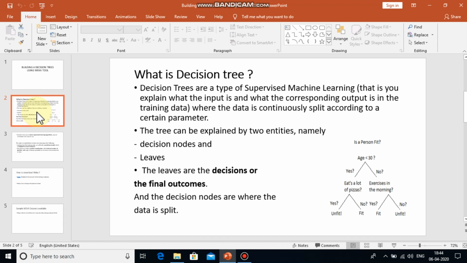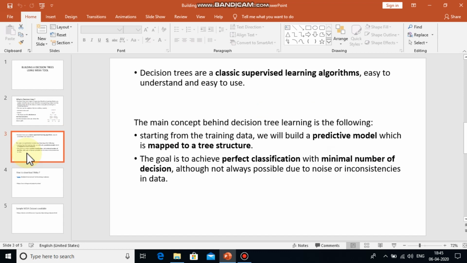On the right hand side, I have given an example of a simple decision tree to check whether a person is fit based on his age, his eating habit, and his physical activity. So, decision trees are a classic supervised learning algorithm which are very easy to understand and very easy to use.